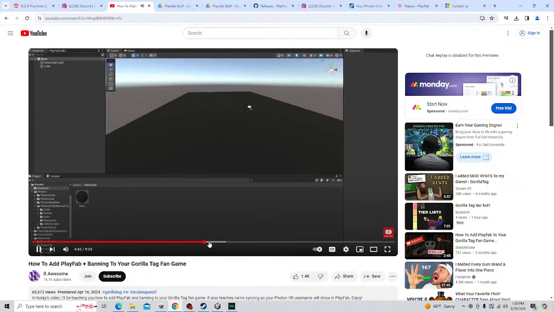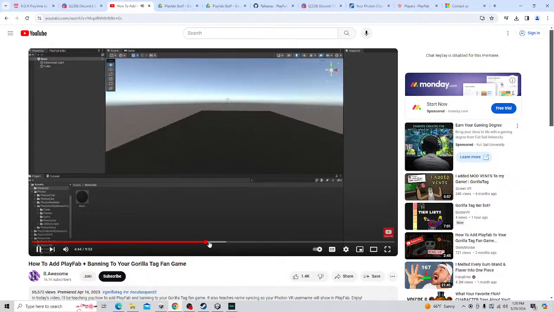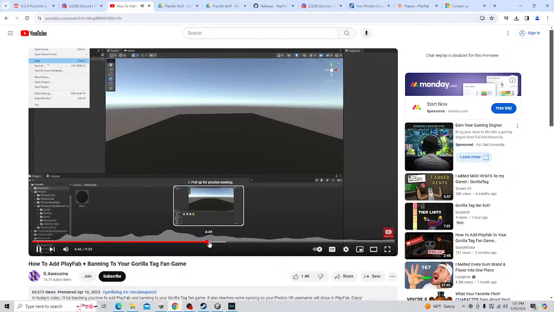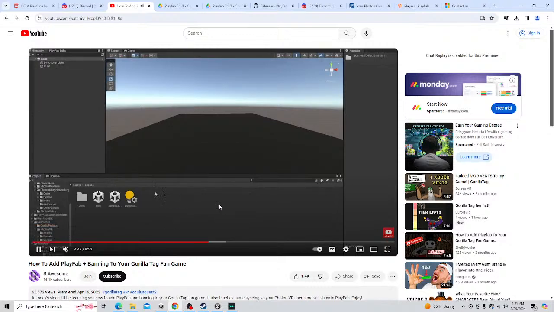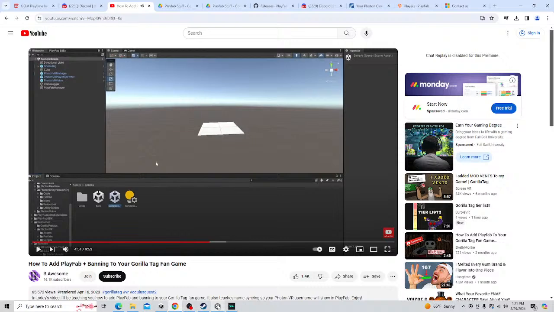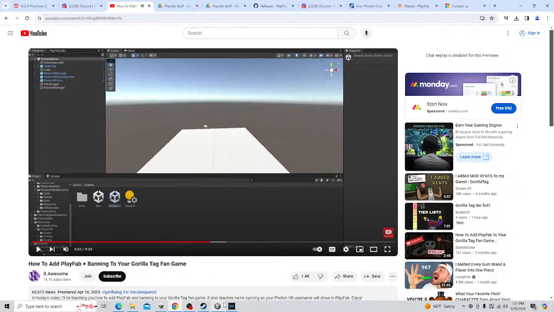So once you're done doing whatever, you can put text that says like you're banned or whatever. Just go to file and go to save, go back to assets, go to the scenes folder and go to sample scene, or whatever the name of your other